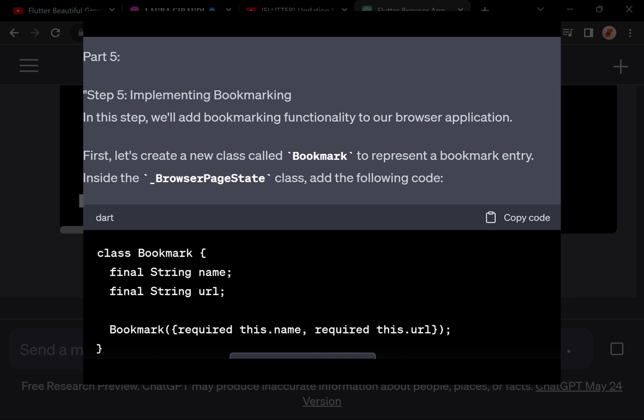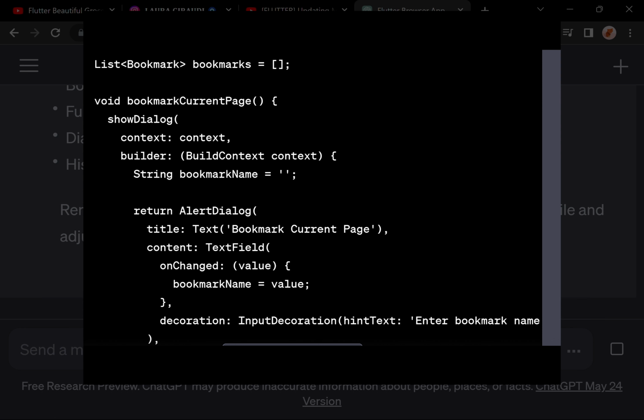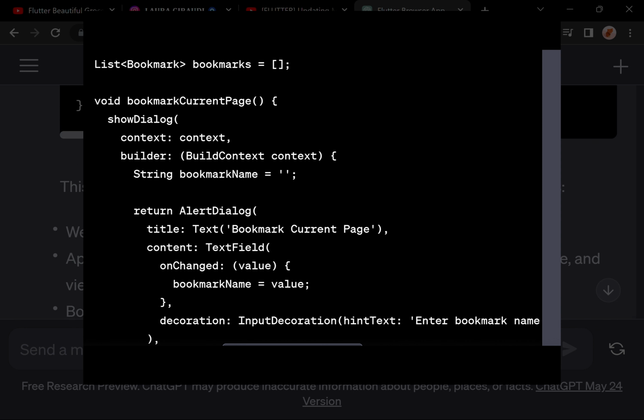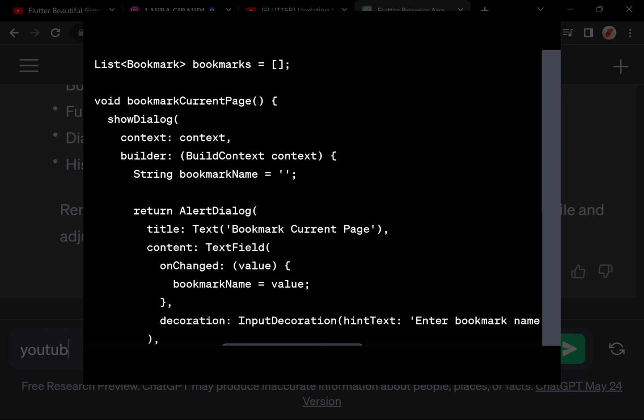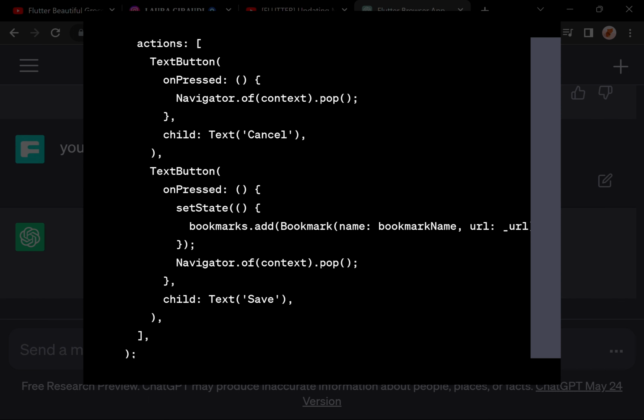```dart class Bookmark { final String name; final String url; Bookmark({required this.name, required this.url}); } List<Bookmark> bookmarks = []; void bookmarkCurrentPage() { showDialog(context: context, builder: (BuildContext context) { String bookmarkName = ''; return AlertDialog( title: Text('Bookmark Current Page'), content: TextField( onChanged: (value) { bookmarkName = value; }, decoration: InputDecoration( hintText: 'Enter bookmark name'), ), actions: [ TextButton( onPressed: () { Navigator.of(context).pop();